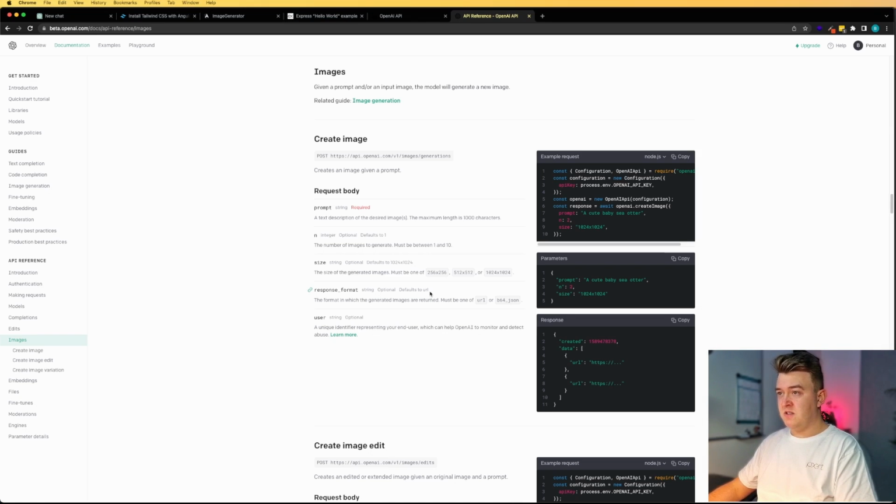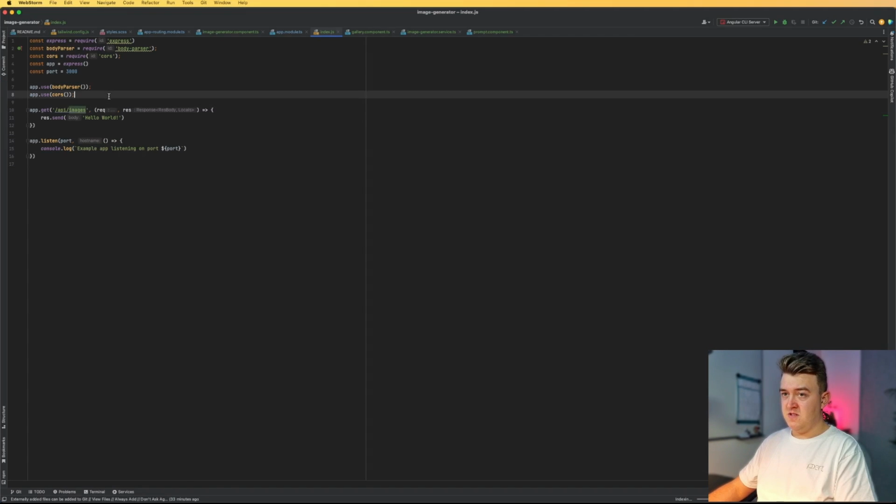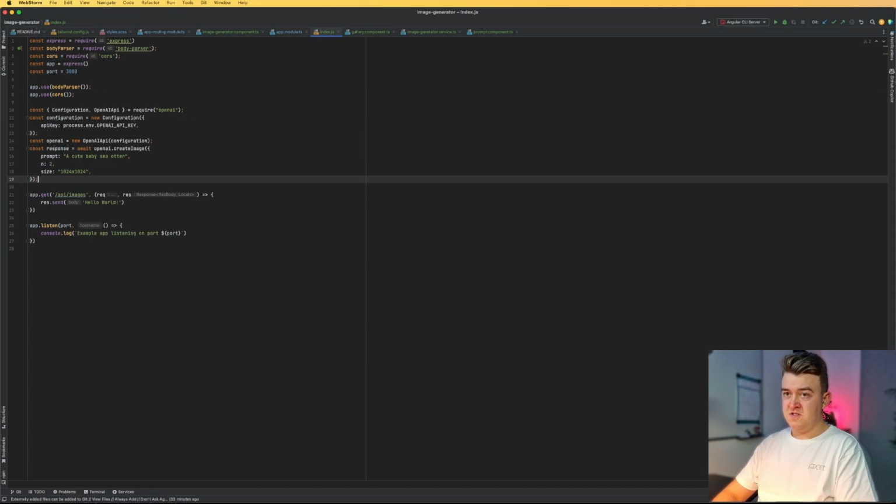So let's have a look at the OpenAI documentation. And it says that we can request an image like this. Copy this, put it in our index.js file,